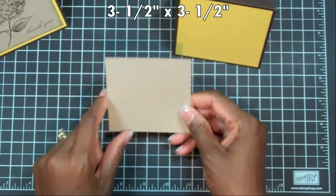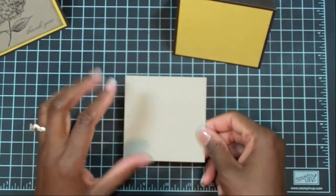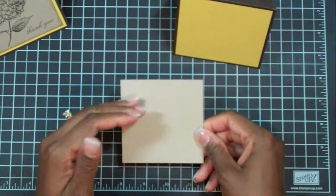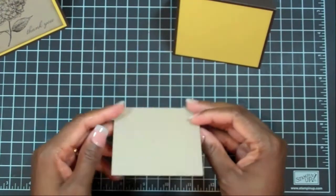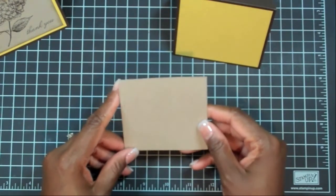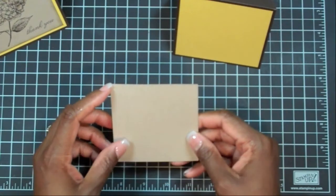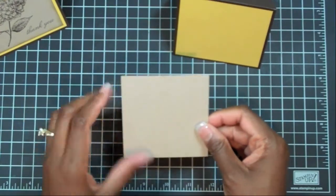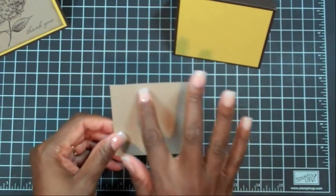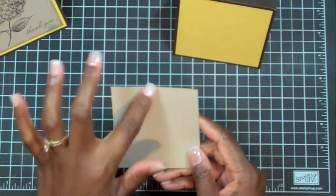measures 3 1/2 by 3 1/2. And usually what I do when I layer is I'll make the next layer 1/4 of an inch smaller than the layer before it. So this one measures 3 1/2 by 3 1/2. And this is also another one of the new cardstock colors, and it's called Crumb Cake. And I really just love this. It's a really light tannish kind of color, and it has little particles in it. I don't know if it shows up on the video, but it gives it a little bit of a textured look